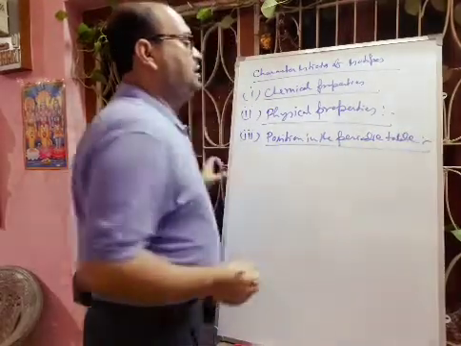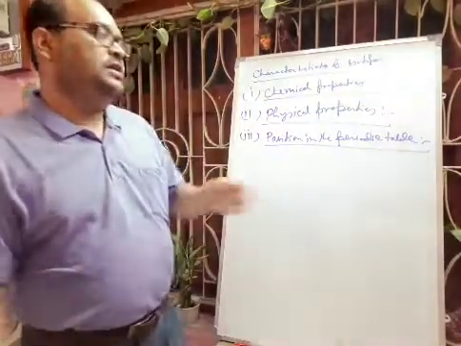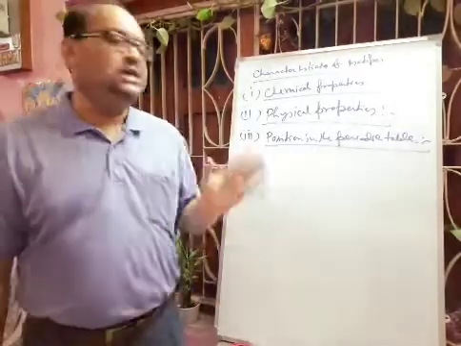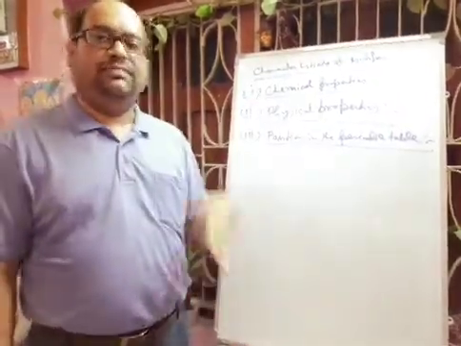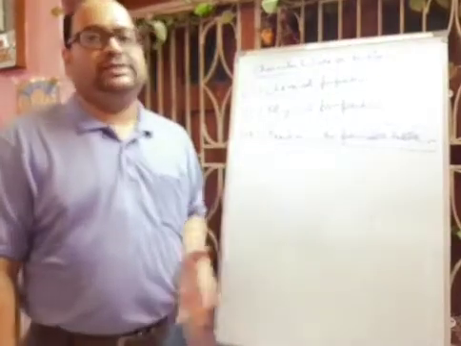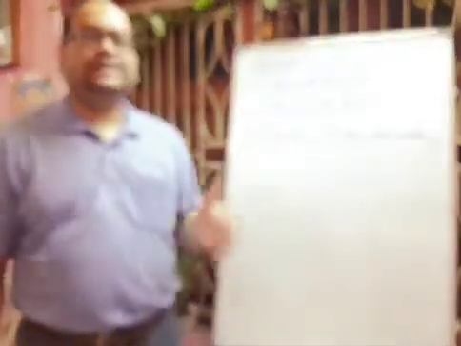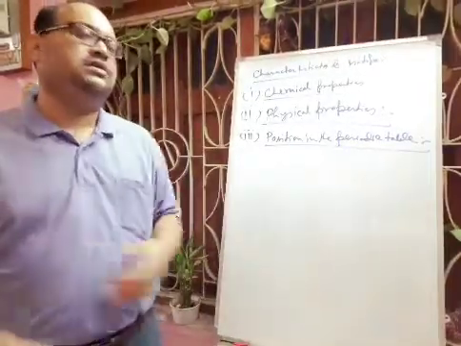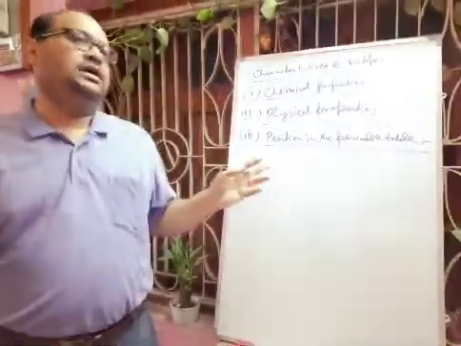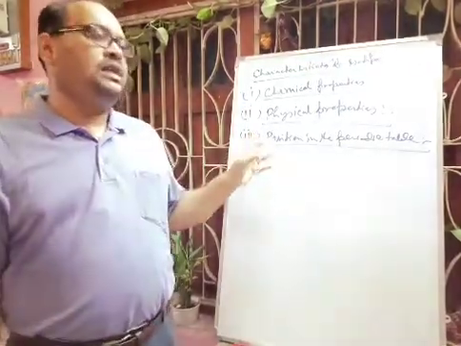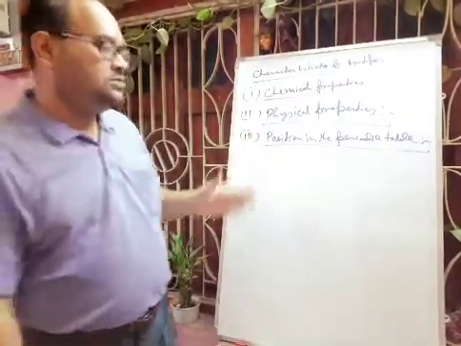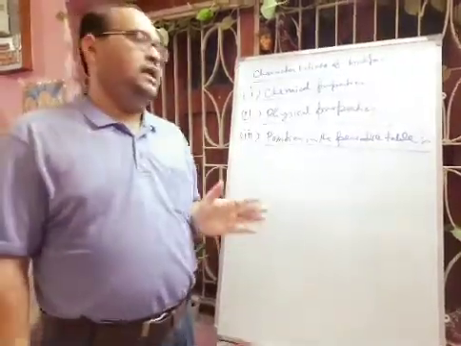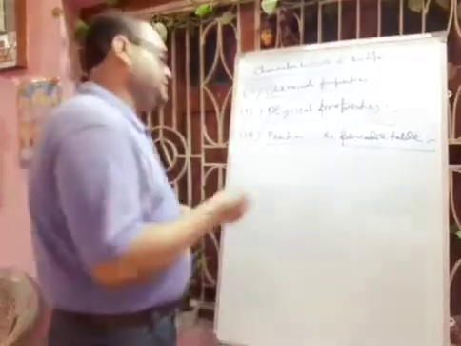Definitely in the modern periodic table, all elements are arranged according to atomic number. As the isotopes have the same atomic number, their mass number may be different, but the atomic number is the same. So the isotopes will occupy the same position in the periodic table. Like hydrogen has 3 isotopes and the position of hydrogen is first, in group 1 and period 1. Definitely the other isotopes will have the same place like hydrogen. Hope you can understand. And finally we will discuss the application.